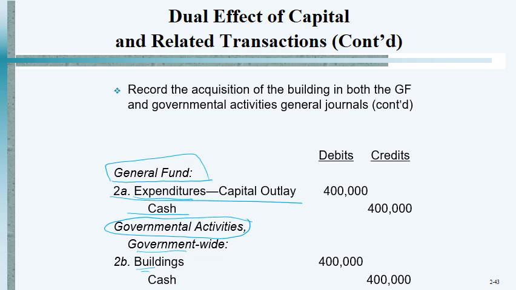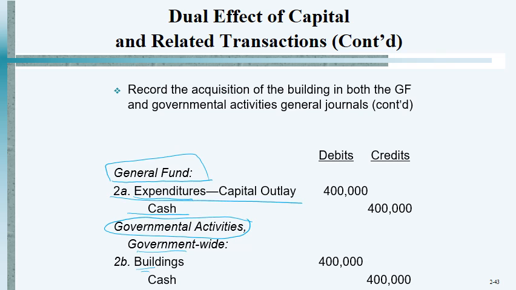Now, what we do in reality is, instead of having two systems and making two sets of journal entries, typically we make the entries at the fund level, and then we convert the fund financial statements into the government-wide statements as we effect that